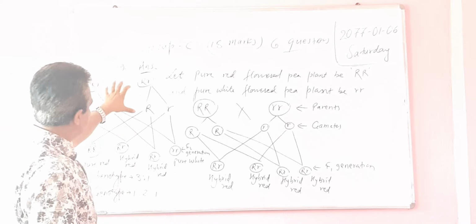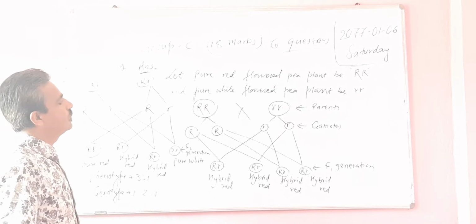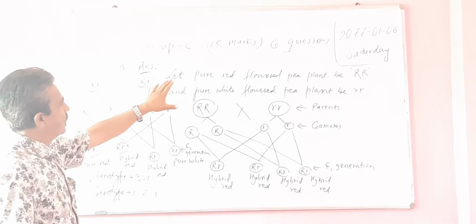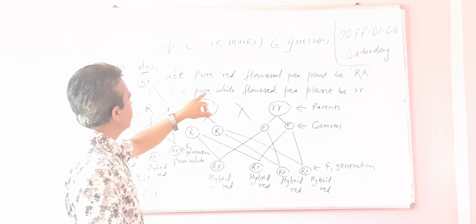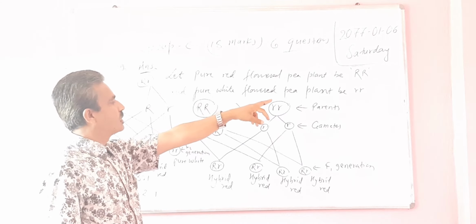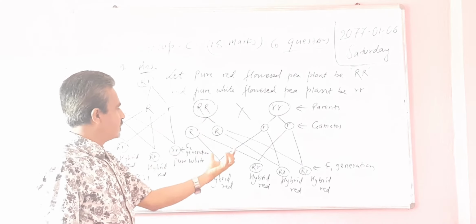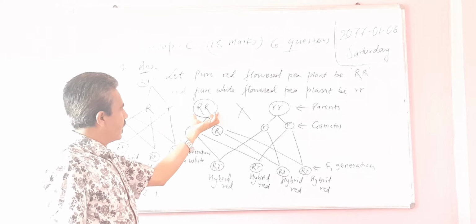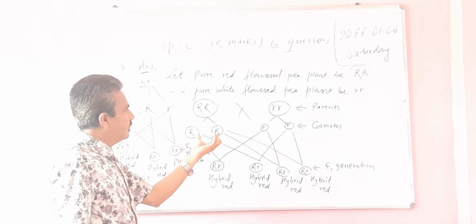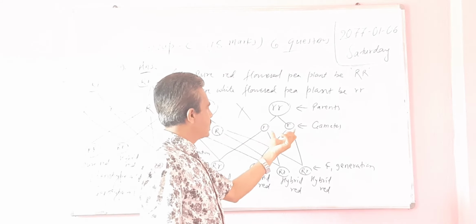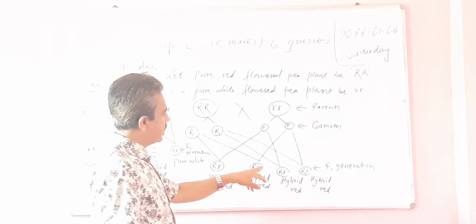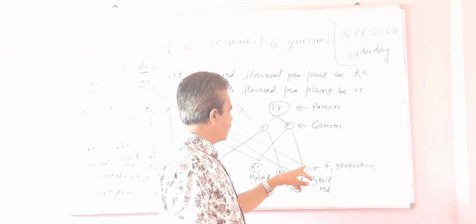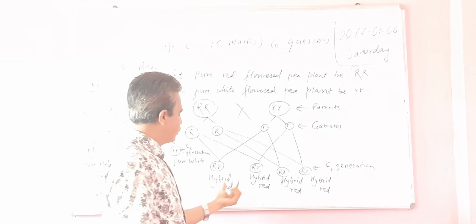Okay, so if you are able to do this, then you will get 3 marks. So let pure red flower pea plant be capital RR and pure white flower pea plant be small rr. So in this chart, capital R gets the gametes R and R, small r gets the gametes r and r, and just cross them. Capital R small r, capital R small r, capital R small r, capital R small r, hybrid red,